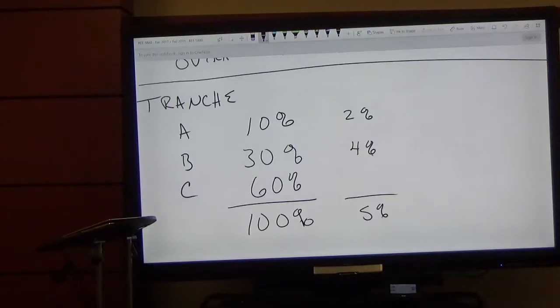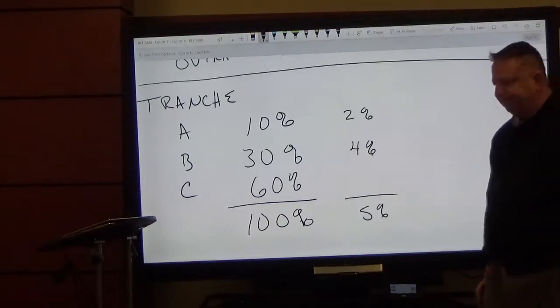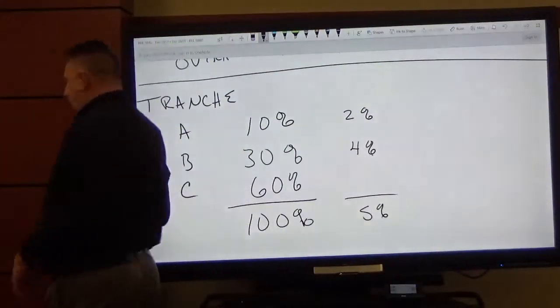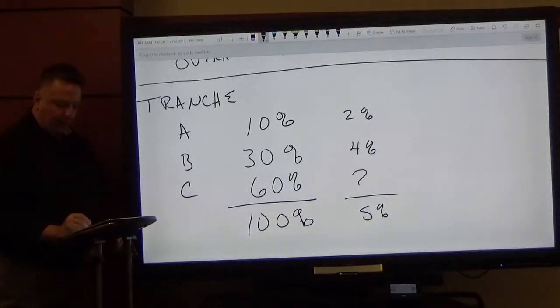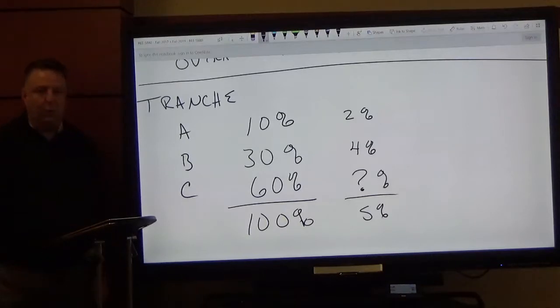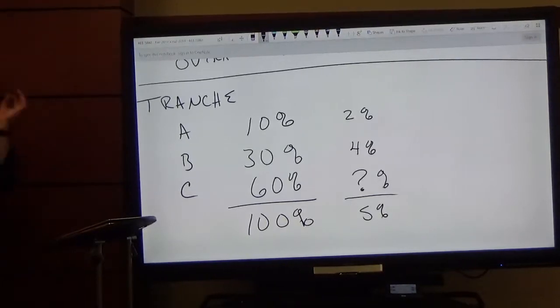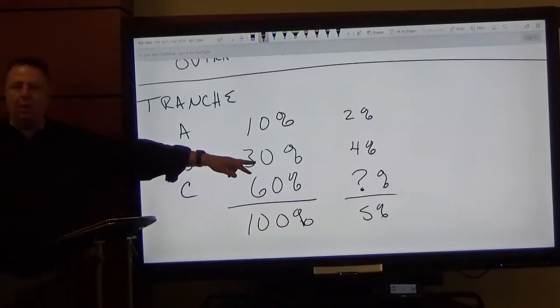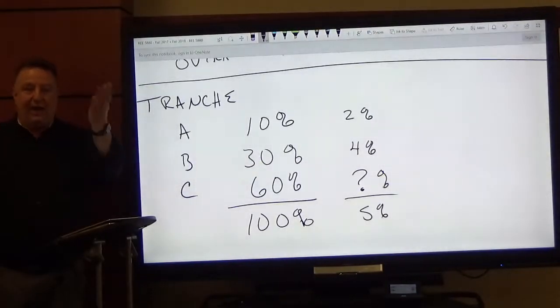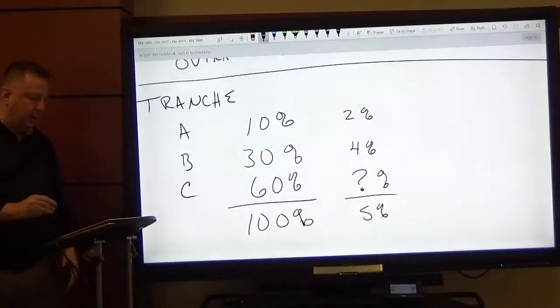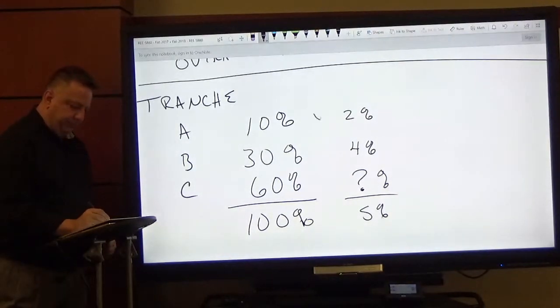Now tranche C, if we basically have these numbers, what we want to do is back solve for what percent in a perfect situation they would walk away with as a rate of return. Does that make sense? Yes or no? It's like a weighted average. Okay? So in essence, what you could do